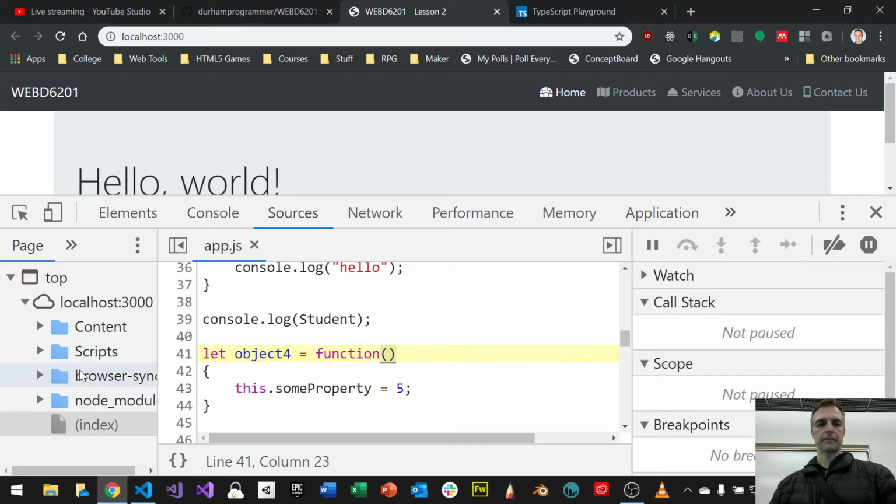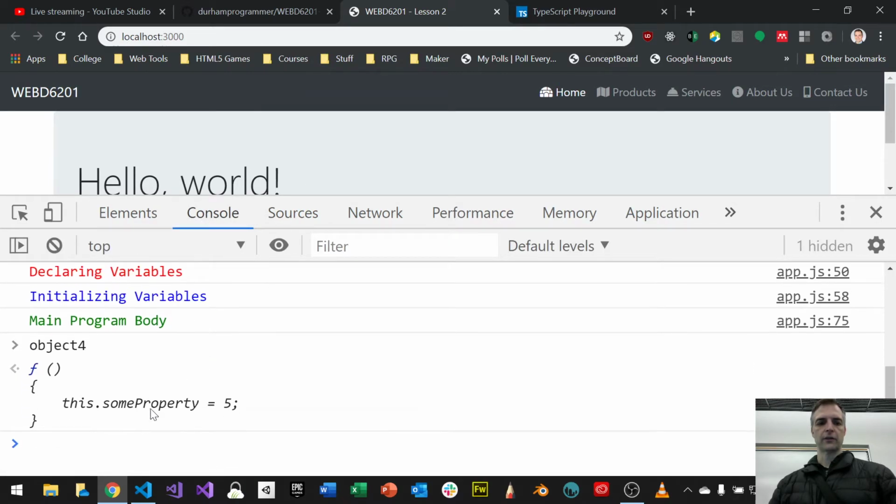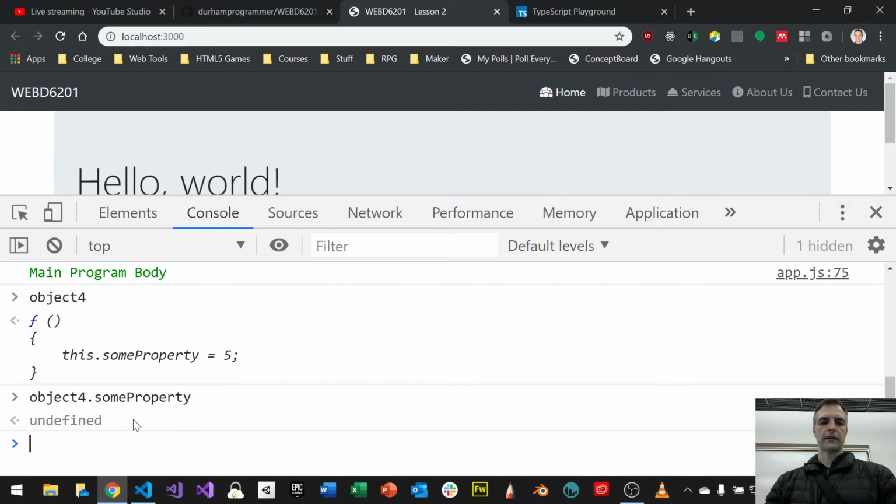That's what object 4 is. So then I should be able to go back to the console and do object 4 dot some property. Is this possible? Press enter. And the answer is